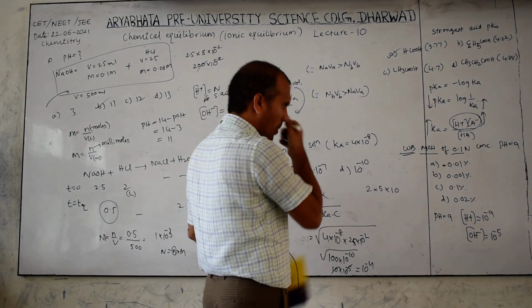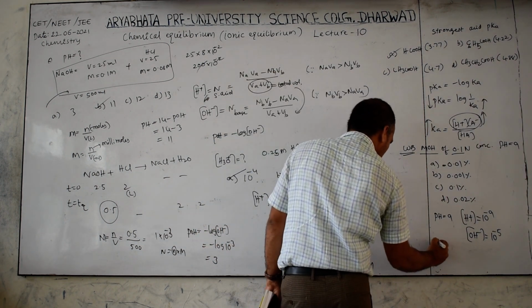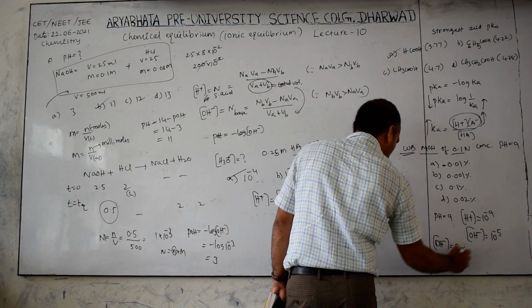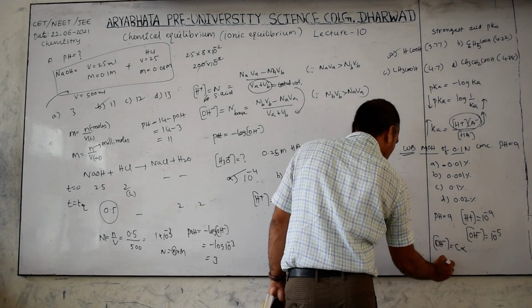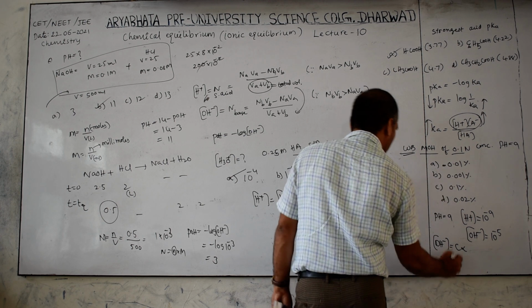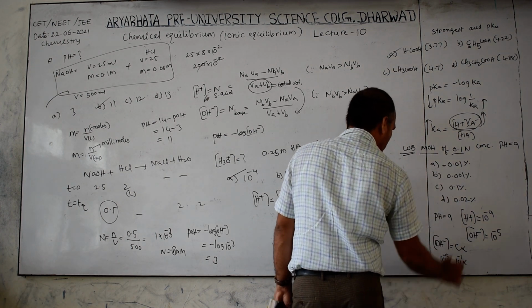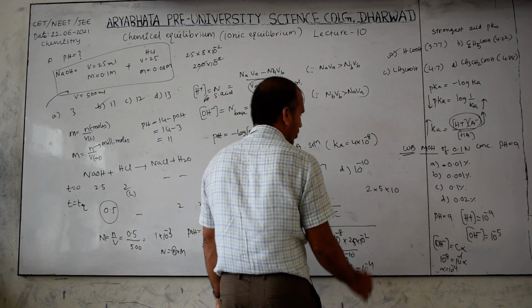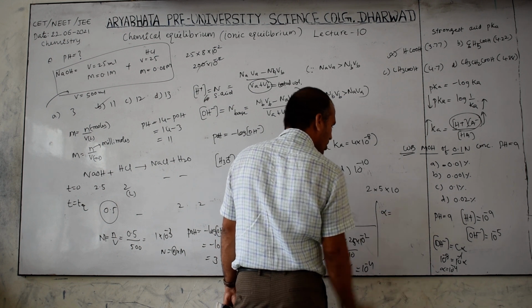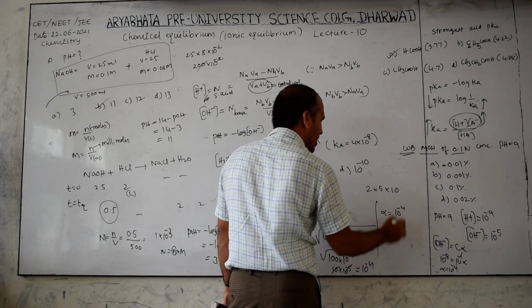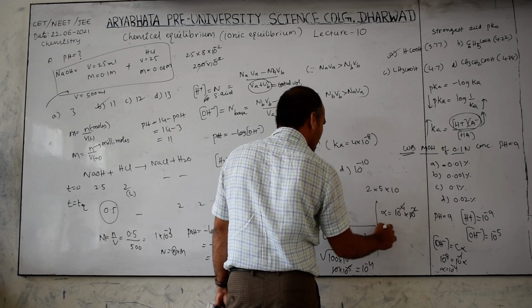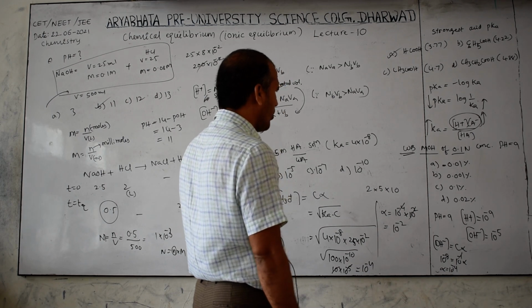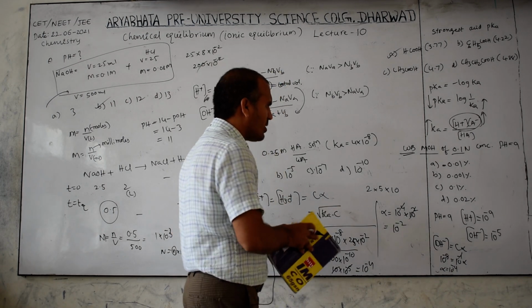Now, we know that the H plus or OH minus ion concentration is equal to C alpha. OH minus ion concentration is 10 power minus 5. C is given as 10 power minus 1, into alpha. This is cancelled, then alpha is equal to 10 power minus 4. Percentage means multiply by 100, so 10 power minus 2. Therefore, which is the answer? Option A is the correct answer.